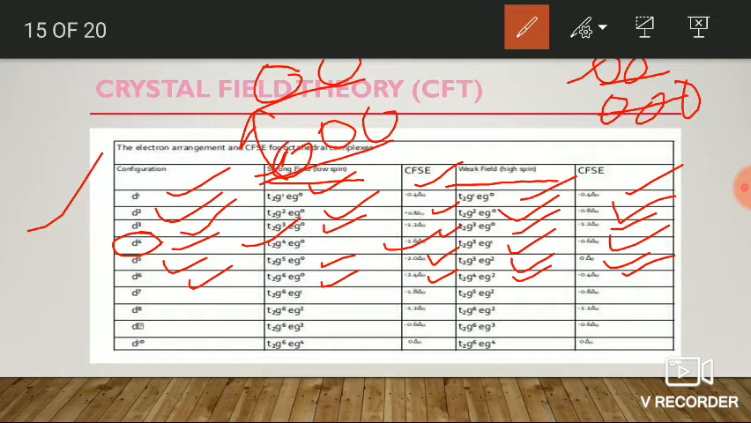Okay, so please go through all these electronic configurations and their corresponding CFSE values in the case of strong field as well as in the case of weak field. Okay, fine. Next,